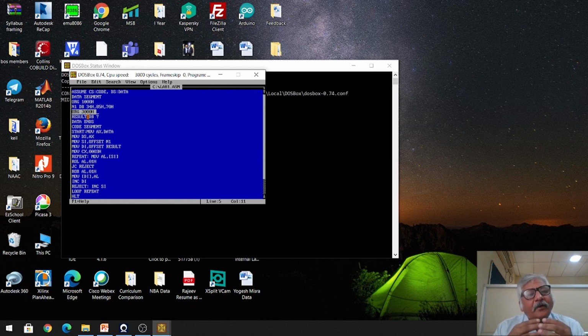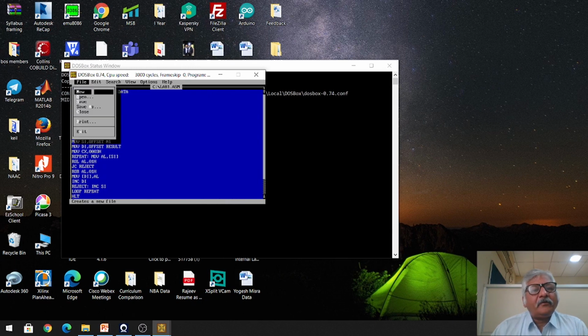If you want, you can remove these org or origin directives. If you remove this org 1000H here, then by default our first data will be at offset 0000H, right? Okay, so I will show you the program with these org directives. The same program I have written here. Our data will be at offset 1000 and the result will be from offset 3000.